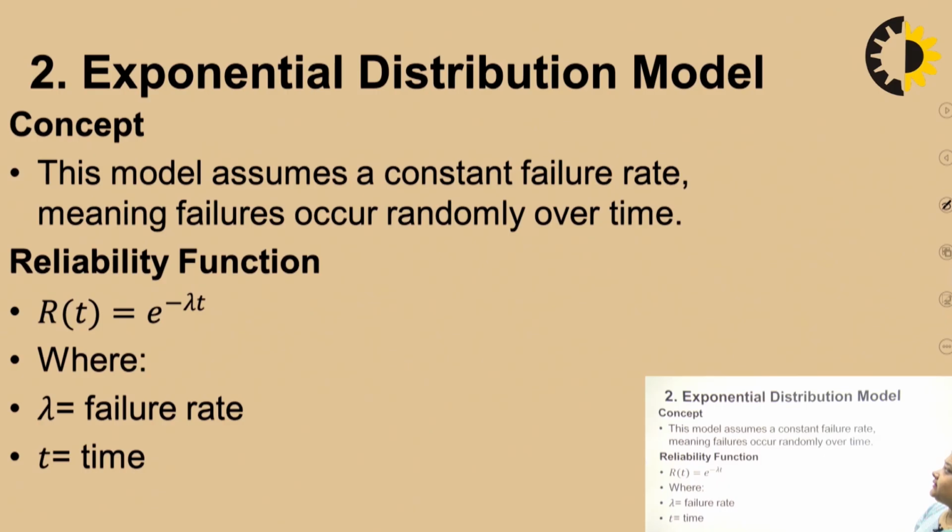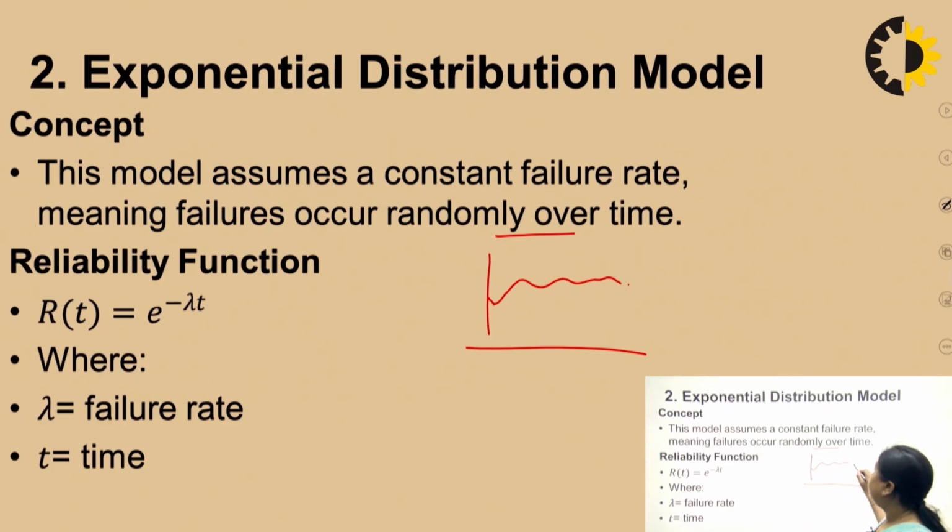The next model is the exponential distribution model, and the concept behind this is that it assumes a constant failure rate, meaning failures occur randomly over time, that is, the failure rate is constant. In the Rayleigh model, first of all, it gradually increases, then reaches a peak point and then starts decreasing. In this model, there is a constant failure rate. If we have this type of graph, then this is a constant failure rate graph, meaning failures occur randomly over